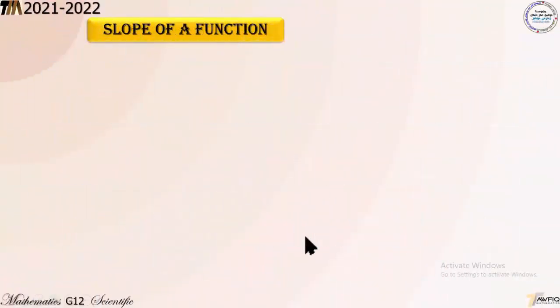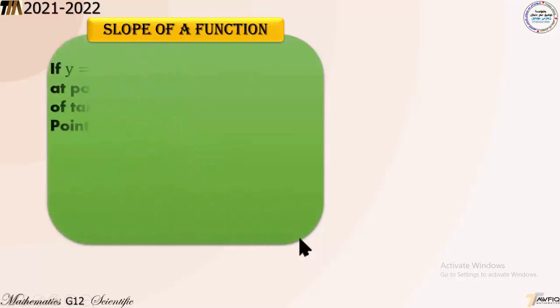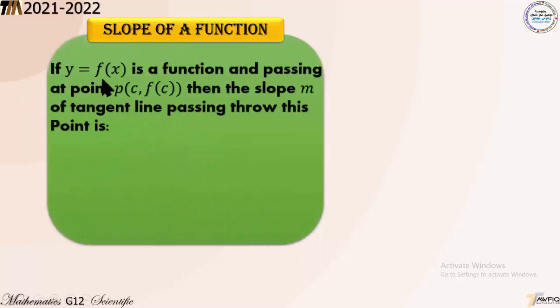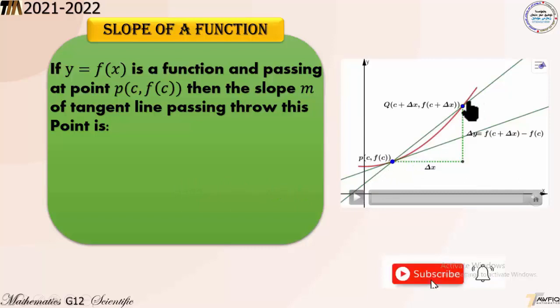Slope of a function. If y equals f of x is a function passing through a point P(c, f(c)), then the slope m of a tangent line passing through this point is... To find the slope of the tangent line, we must first of all draw a function